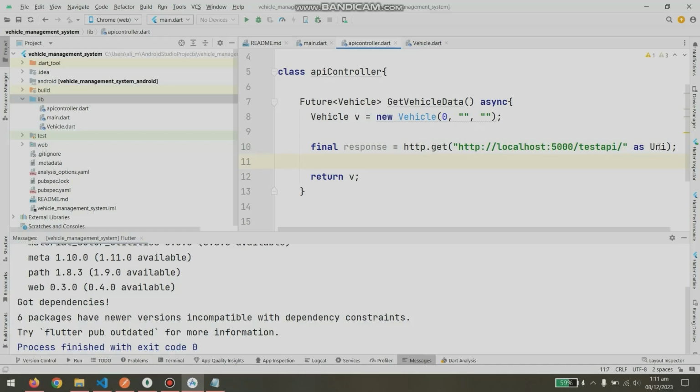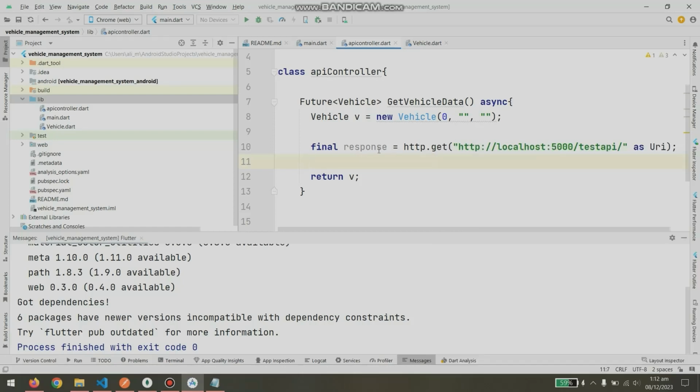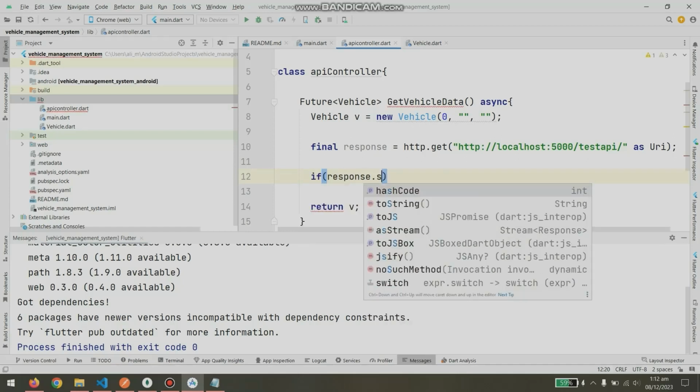A URI is actually a location or path where this API will be called. So whatever we get in response can be JSON or anything, so we have to handle this, that if our response has some